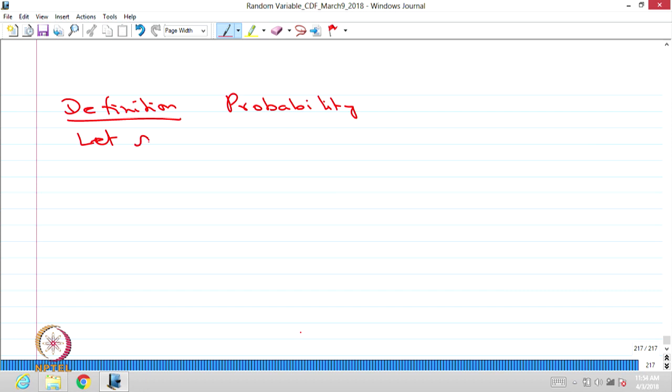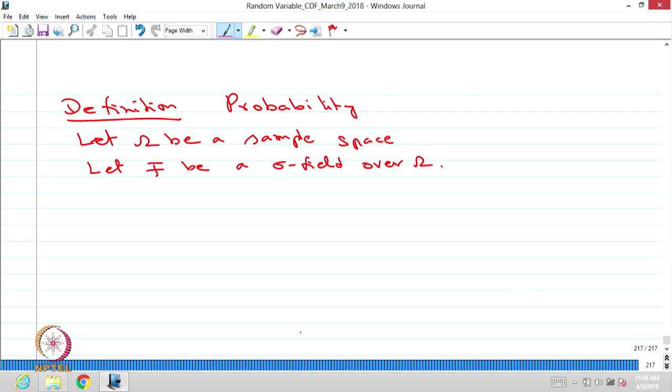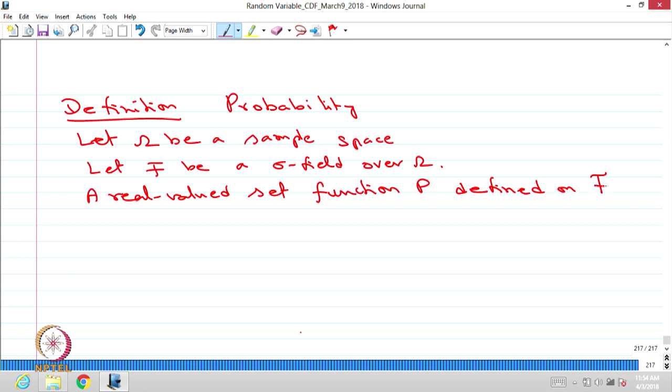Let omega be a sample space. Let F, capital F, be a sigma field over omega, a real valued set function, that is P, defined on F satisfying